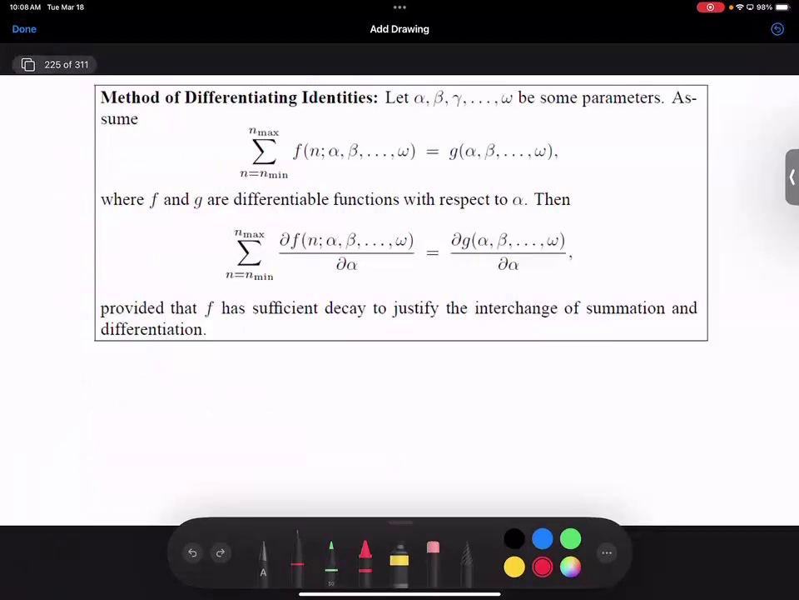Okay, so that's all I wanted to really say about coding. The differentiating identities at the high level, I'm doing it right now with sums, but you could do it with integrals. We have some expression, and for our expression,